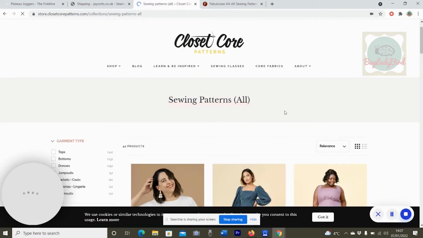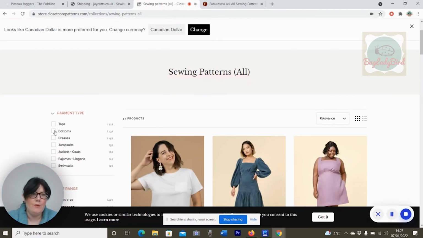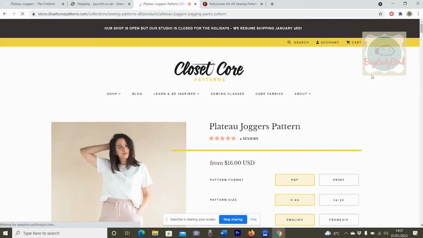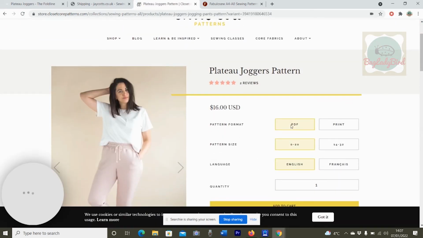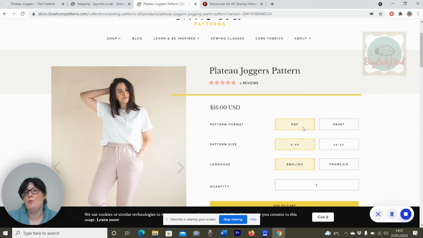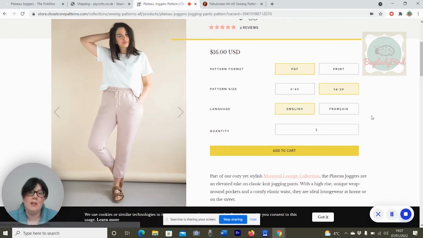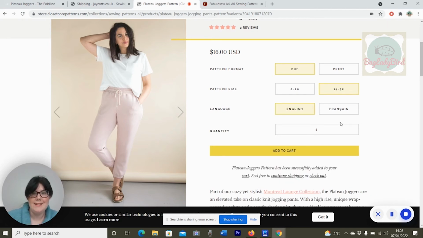We can search all the sewing patterns here. So we're looking for bottoms, and there we go, the plateau jogger pattern. And you can order it PDF or print, but if you were to order a PDF version, in a size range in English, and add that to cart, you could then pay for it, order the pattern,